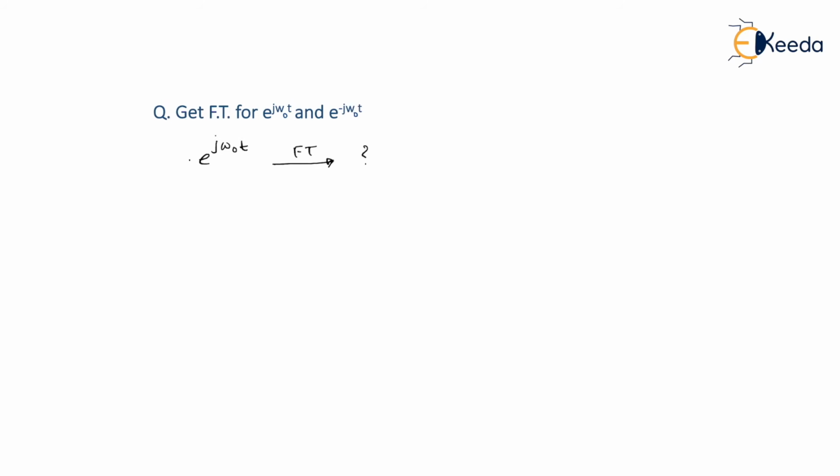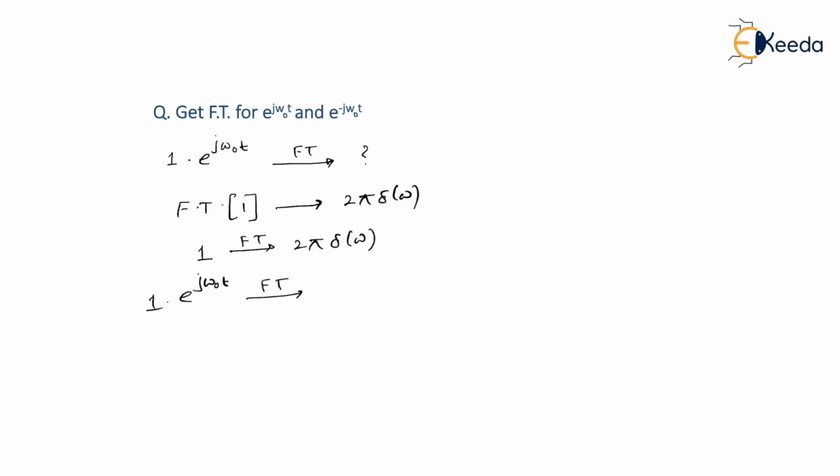For example, if there is nothing in this exponential term, I can take the coefficient as 1. I'm sure you agree with this. And also, we know what the Fourier transform for 1 is. The Fourier transform for 1 is 2 pi delta of omega. This is what we have already derived. So I can again say 1 has Fourier transform 2 pi delta of omega. In that case, 1 when multiplied with e to the power j omega naught t, now I can use the frequency shifting property, that is 2 pi delta of omega. If we have a positive omega naught here, I can write minus omega naught here. Let me say this is equation 1.